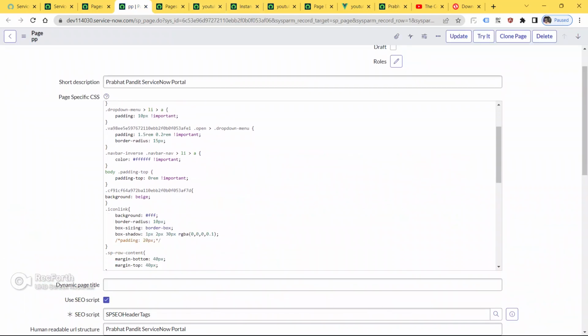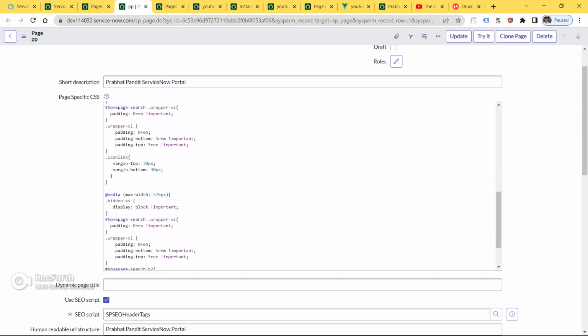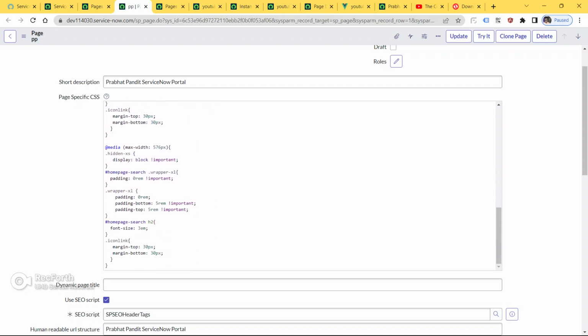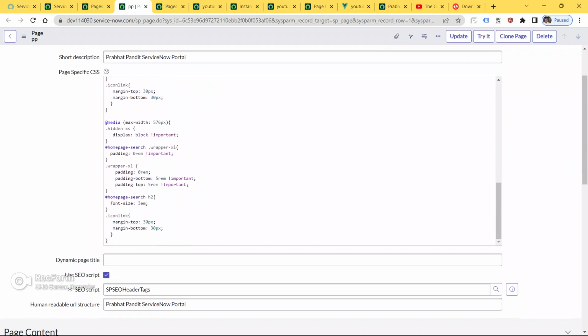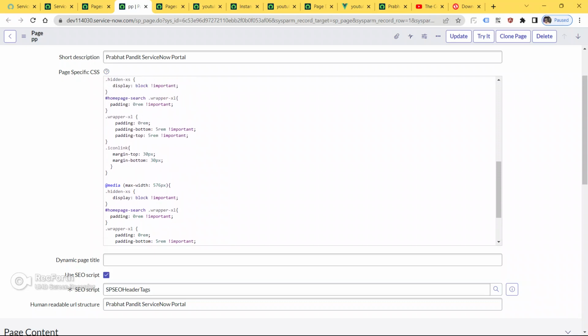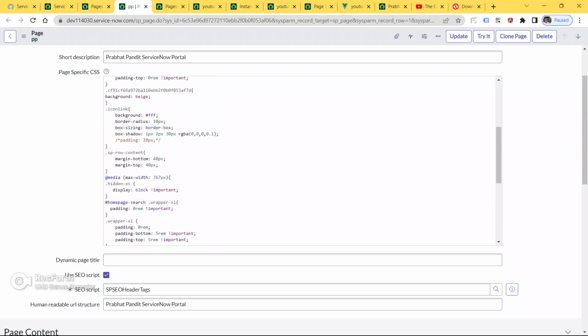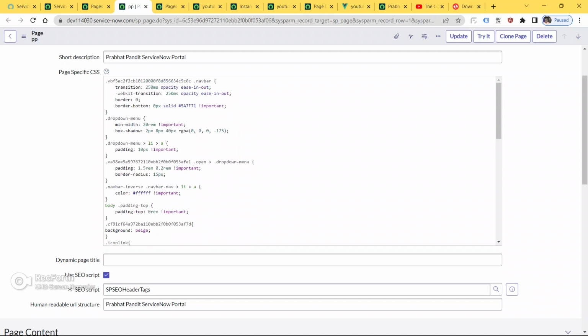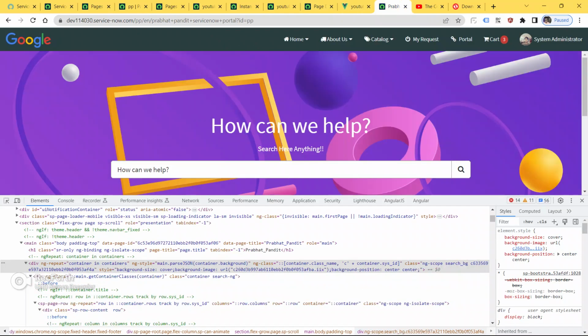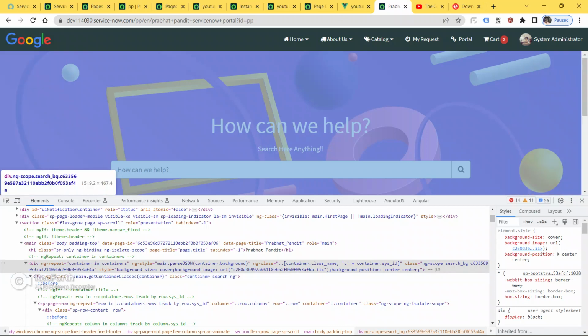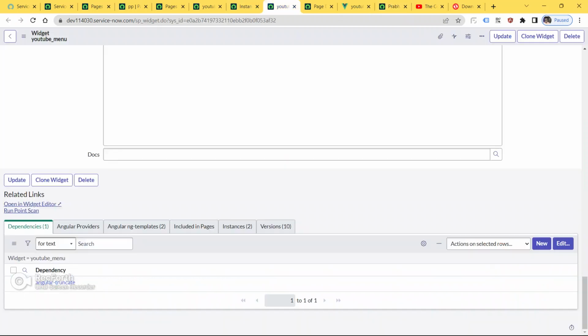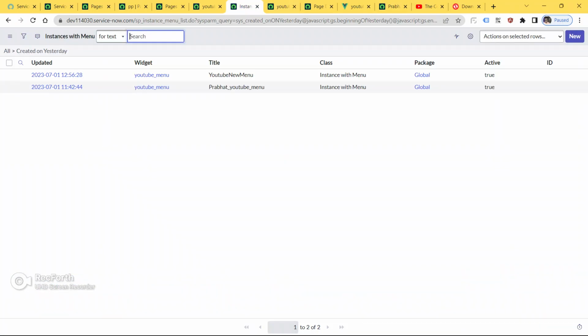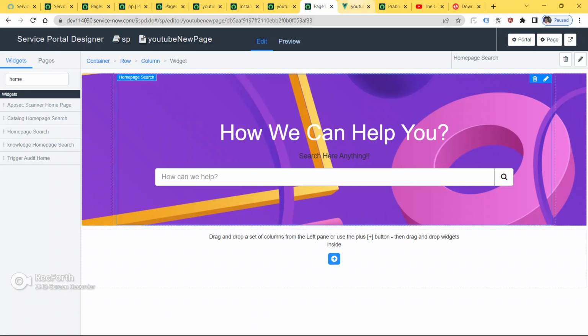Here background size is cover. Give background size from here only.